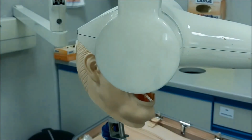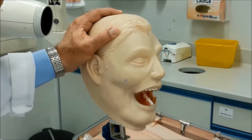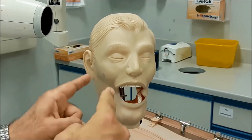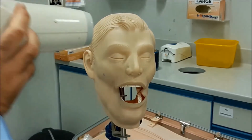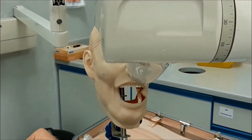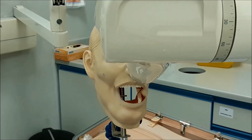Now, there is a problem here, just like we said earlier: you don't know where you would direct your beam, because there is no ring aligner. So there are reference points when it comes to the cone direction. If you want the central incisors, then your beam should be directed towards the tip of the nose. Central incisors, towards the tip of the nose. If you have a larger film, you can include the tip of the nose. You can use the tip of the nose as your reference point for your